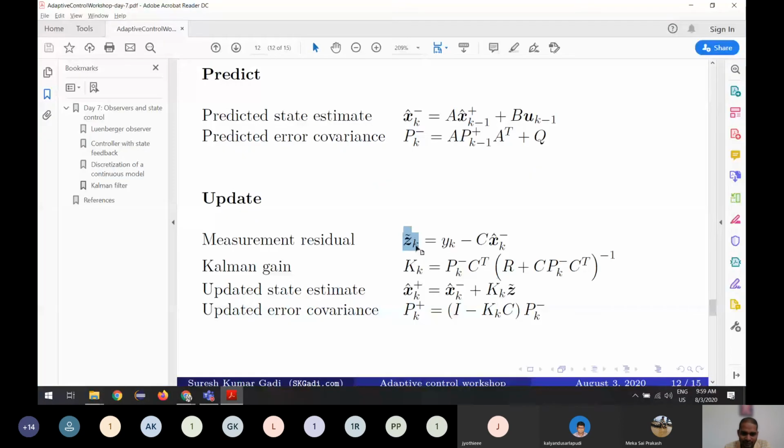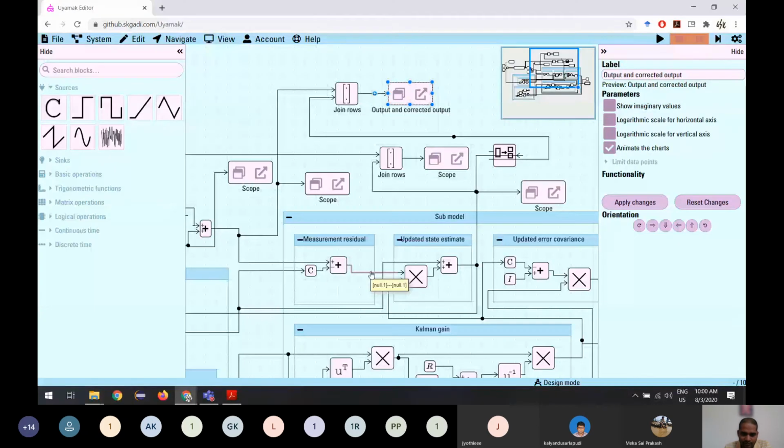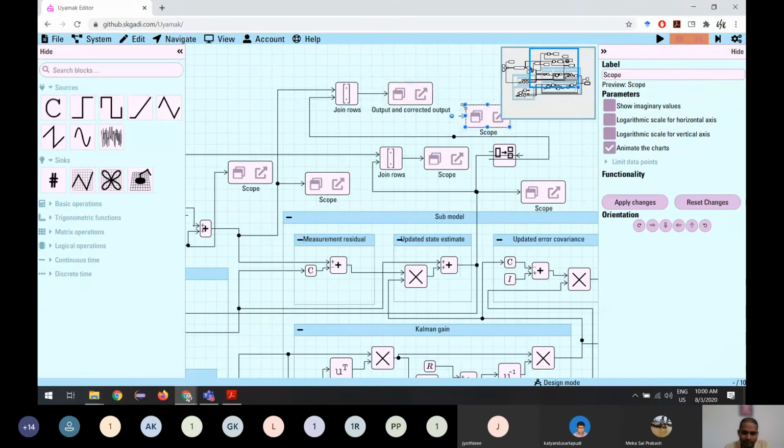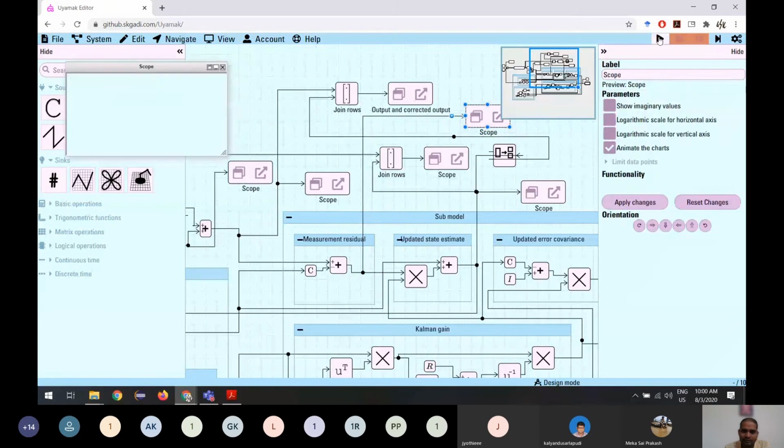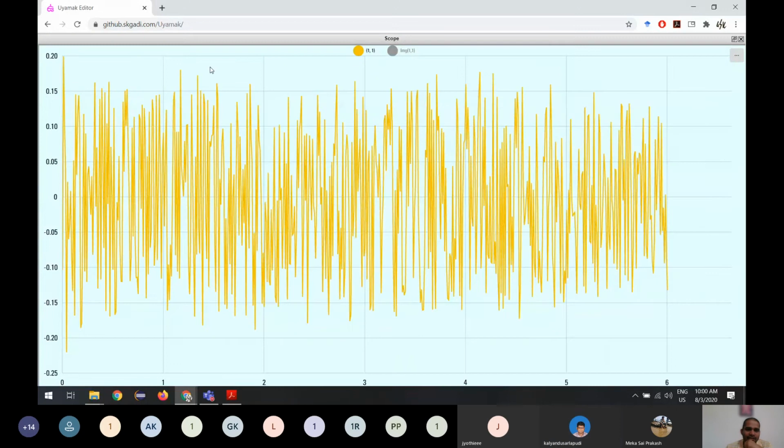So let us see where is this value. This is the first block of this one, the output of this one. Okay, so just estimate. I think this should go to 0. Only then we can say it is converging properly. So let us draw this and see if it is going to 0 or something very close to 0. See? So it is near to 0. So we can say it is.